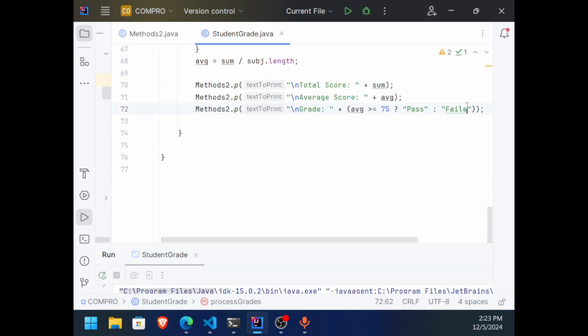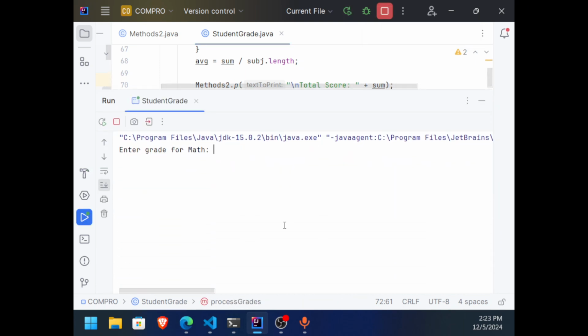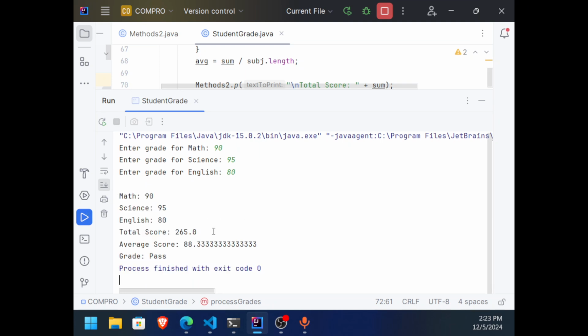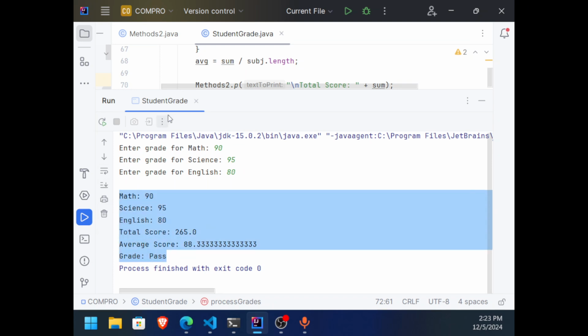Okay, so let's run this one. Run. Enter grade format. 90, 95. For English is, sabihin natin, bobo siya sa English. Okay, average niya is 83. And then, pass siya.